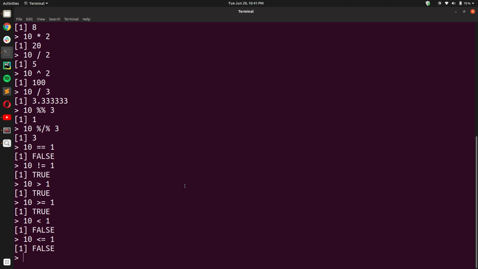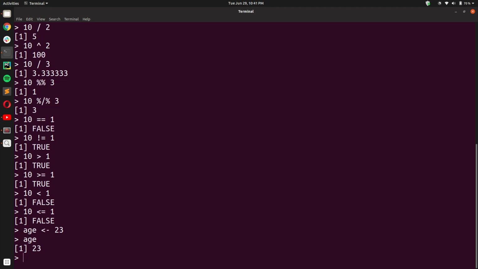So let's see this with the help of an example. Let's say I have a variable age that stores the value 23, and I want to make a condition where I check that the age should be greater than 18, but it should also be less than 25.